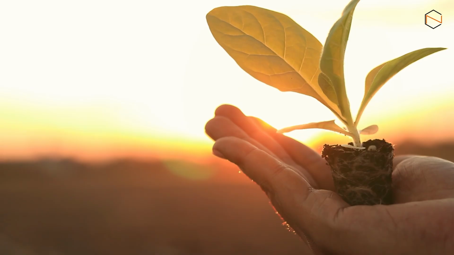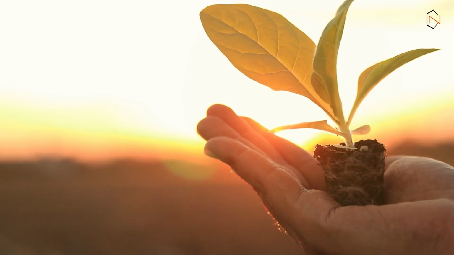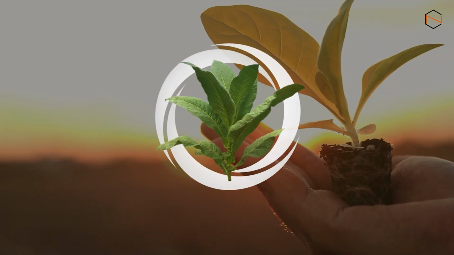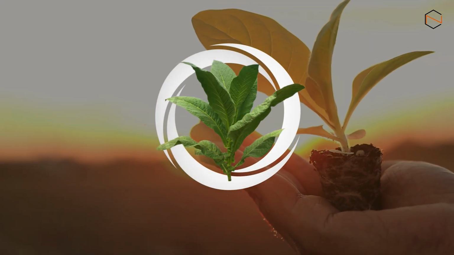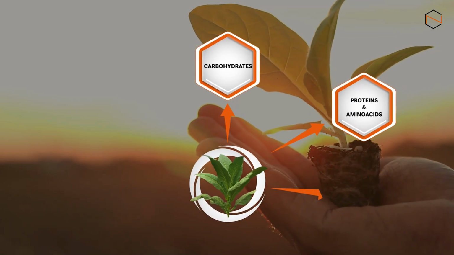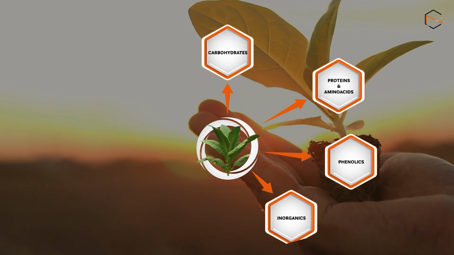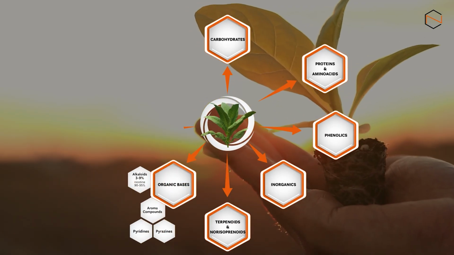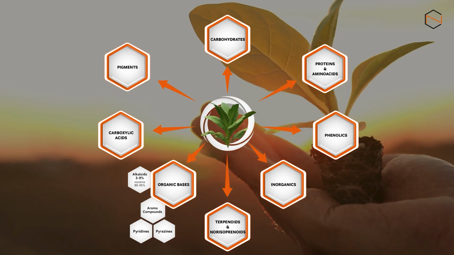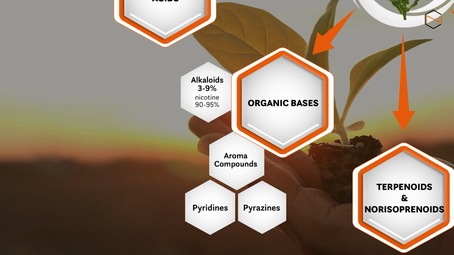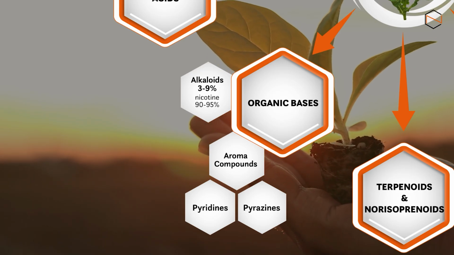Nicotine is extracted from tobacco leaves. The most commonly used variety is Nicotiana tabacum. But tobacco isn't just nicotine. It contains many classes of chemical compounds, including carbohydrates, proteins, and amino acids, phenolics, inorganics, terpenoids and norsaprenoids, organic bases, carboxylic acids, and pigments. Today, we will focus on organic bases, which consist of alkaloids and aroma compounds, pyridines and